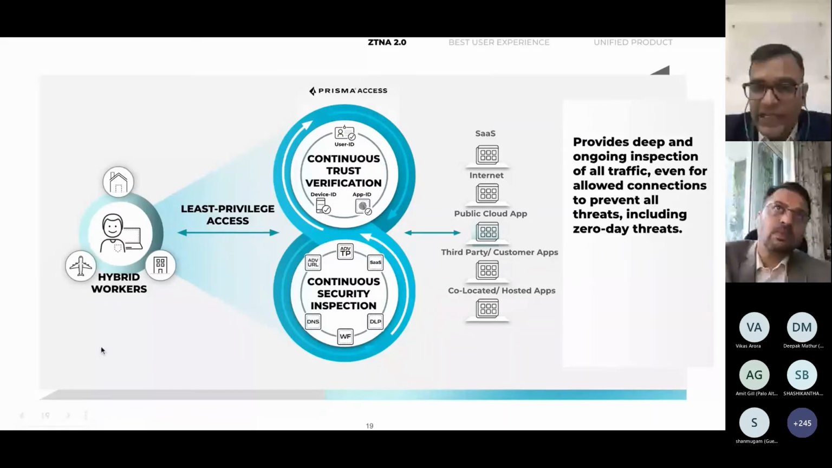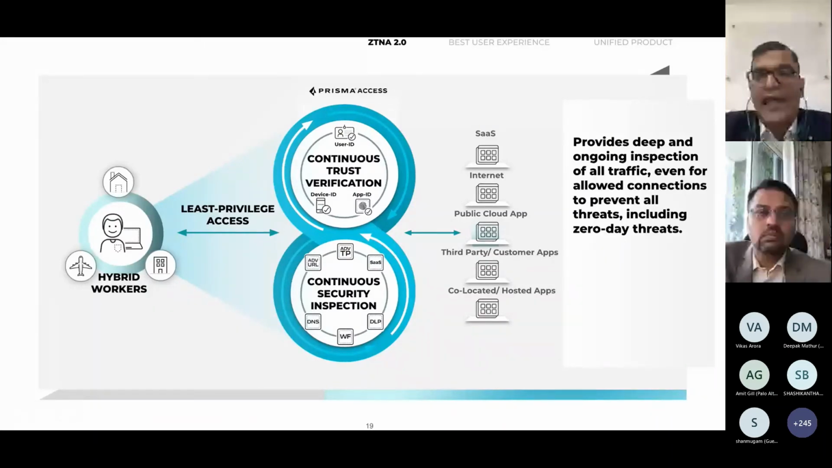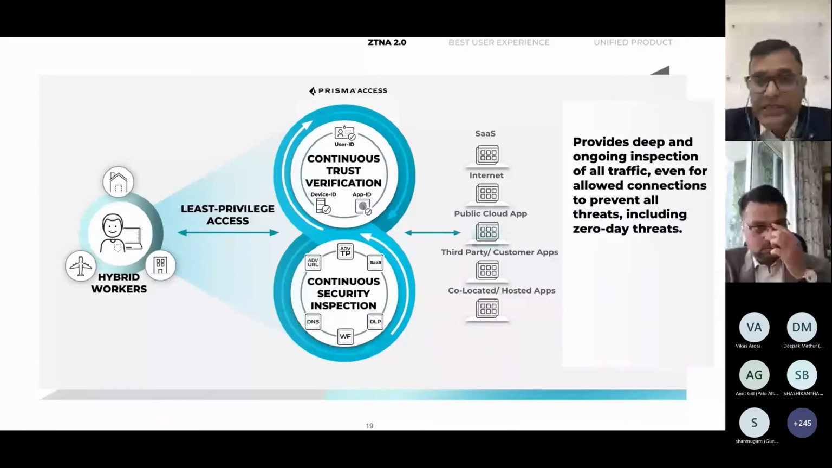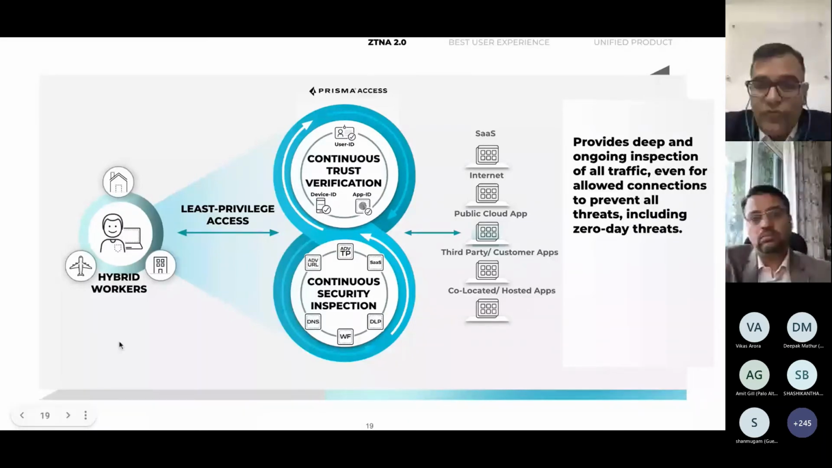And on top of it, once the access is allowed, it's not allow and ignore. As I said, we are continuously looking at and doing a security inspection of all traffic, the traffic going towards any of the destinations, be it your SaaS, internet, public cloud, private application, or your own data centers, right? So anywhere there is a continuous security inspection with the full suite of capabilities that we bring in through our advanced threat prevention, which looks at all the known threats,